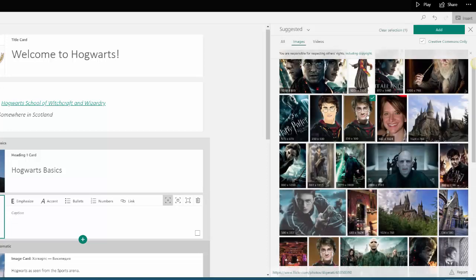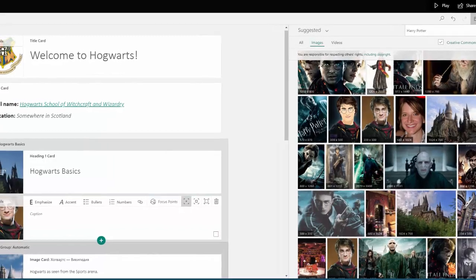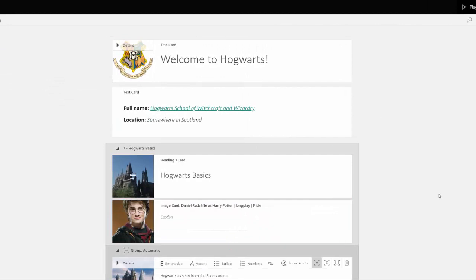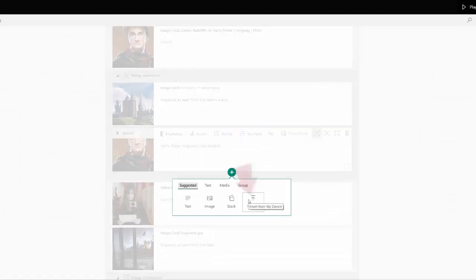And we've got an image here that works, and we'll click Add to add it into our sway. It's important to note that any of these images used for an image card will be pulled from these online searches, rather than from your computer directly. But let's close our search bar real quick. For images or files already on your computer, you'll want to use an upload card instead, which will give you the option to select from downloaded files.